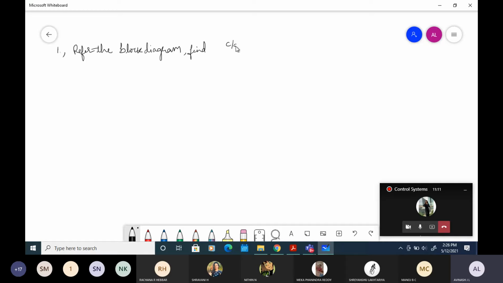Find C of S divided by R of S. Okay, so this is the thing, but overall transfer function. This is called our overall transfer function. So now for this the question is